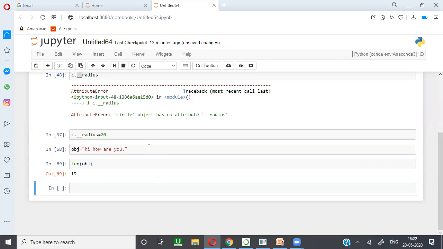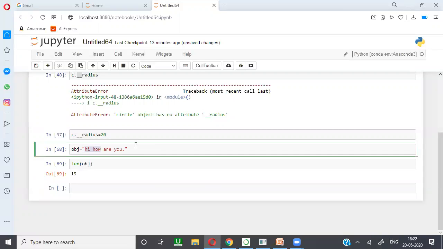So the len method is a single method, but it works for different objects. Based on the object, it shows its functionality. If it is a string, it returns the length of the string. Yes, it works for dictionaries also.